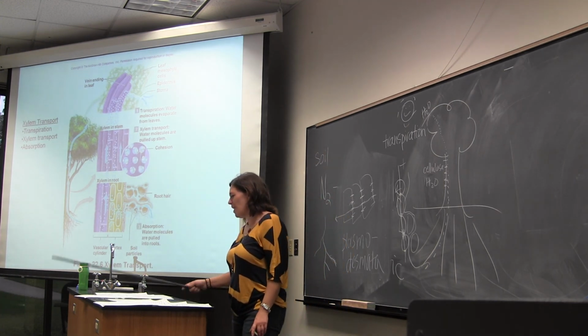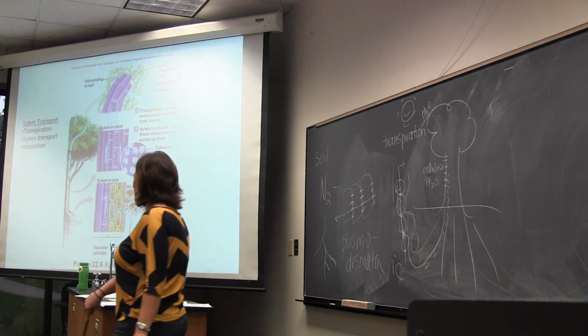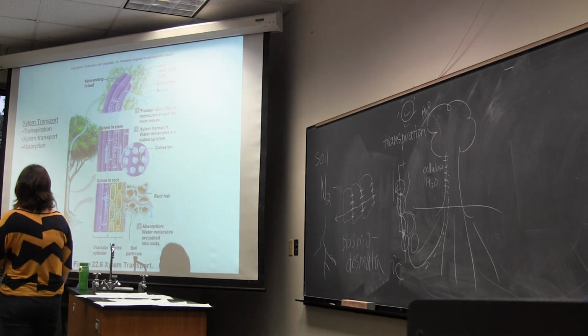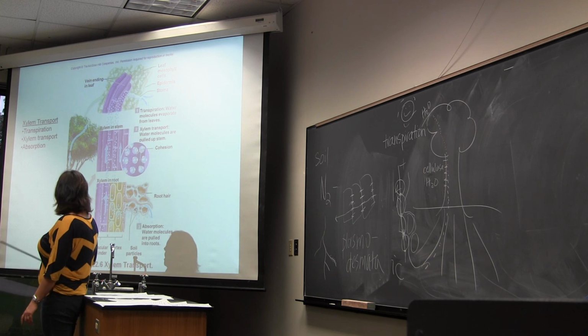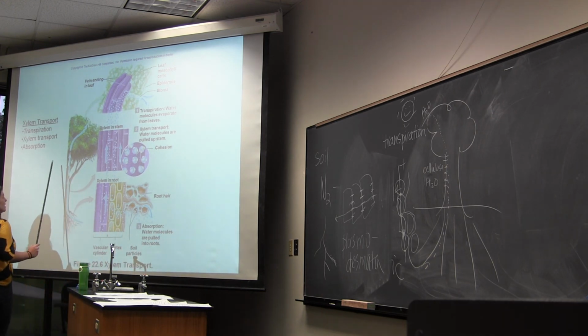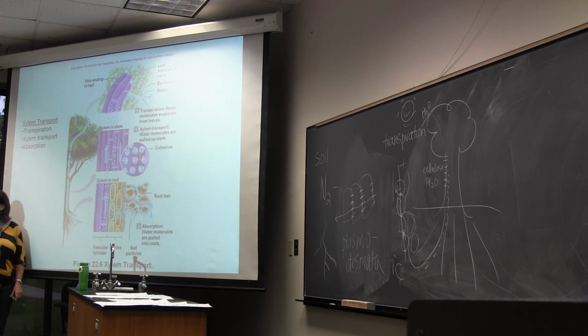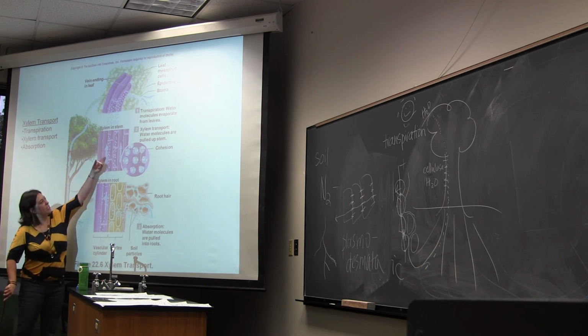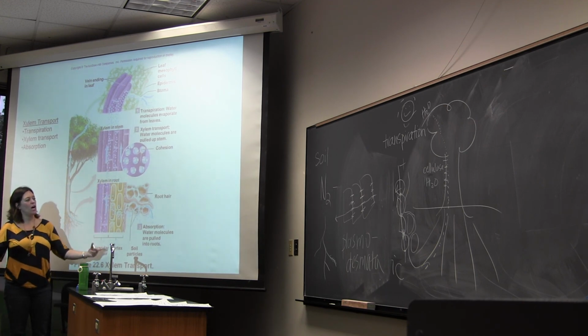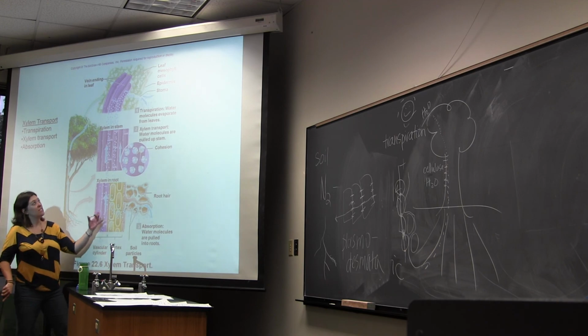Okay, so back to cohesion tension theory. All right, this is it kind of drawn out for you. And so again, you can see that this transpiration is occurring. Water is being absorbed or evaporated from the treetops. And so as that occurs, again, because all of these water molecules are in a conga line, when some of them move